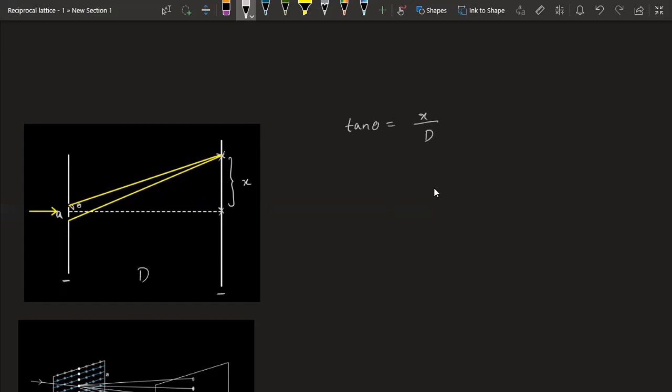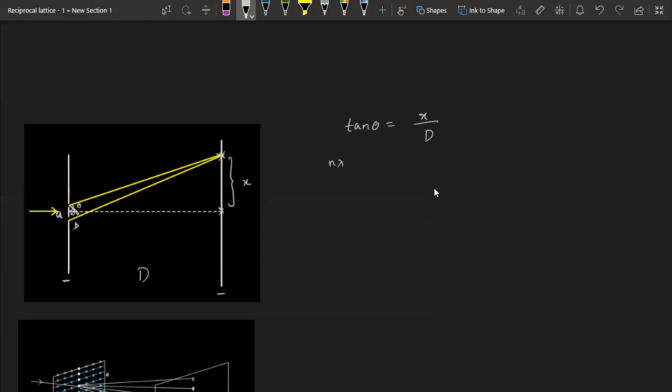Now we consider the small triangle here, with some geometrical considerations. You can also see that this small angle is theta as well. Say this distance is delta. For constructive maxima to occur, the path difference should be an integer multiple of lambda, n lambda. We are using yellow light here, so the lambda value is known. N can take values 1, 2, 3, and so on. Negative values would work mathematically too.